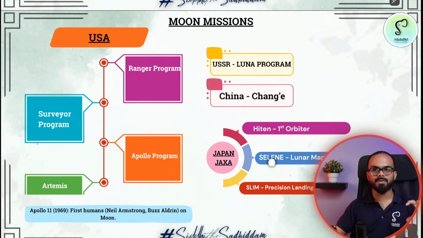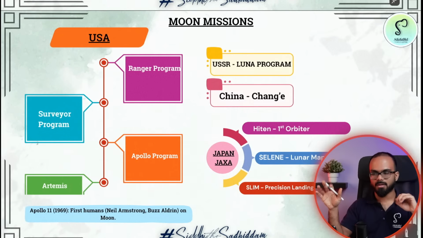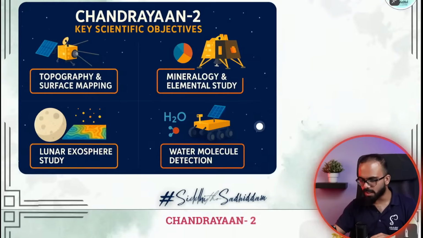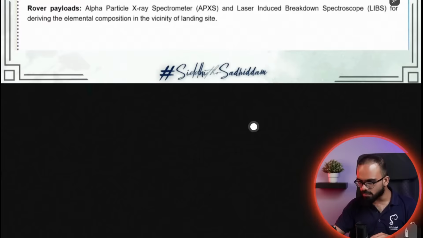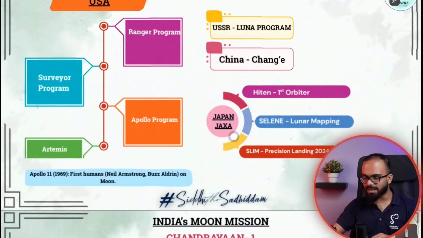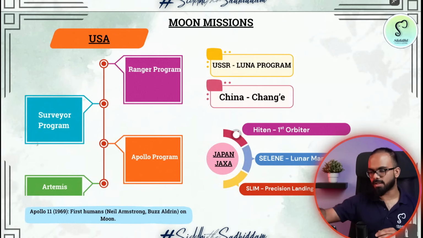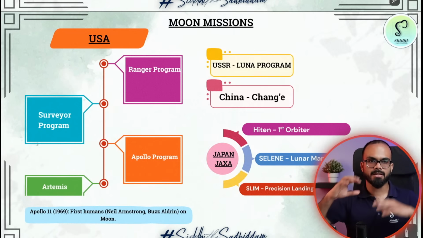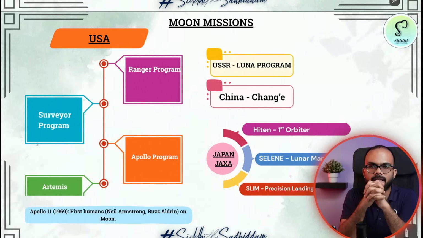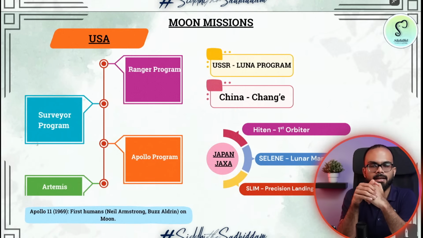So are there any questions with respect to Mars? If Mars is completed, then I'll come to the moon. We will take up moon missions and complete today's class with moon missions, and I'll help you understand what the moon missions are. In the next class, I'll take up the other missions. For the next 10 to 15 minutes, we will talk about the moon. Please come up with questions that you have on the moon. We'll have a defense class separately. We'll have a defense missiles and defense class separately. So are there any questions with respect to Mars?